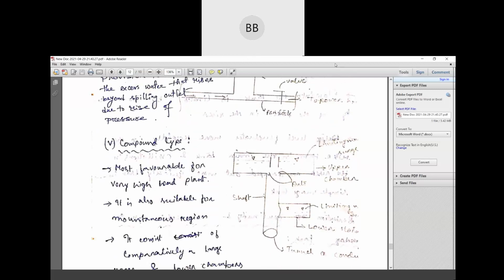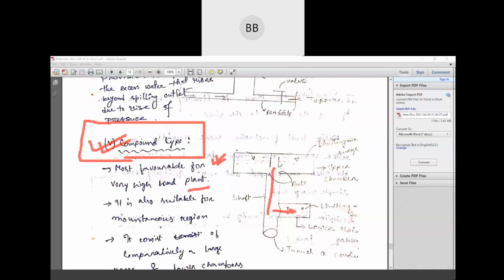And it takes a little bit high cost to construct such type of surge tank. Okay, it's a compound one, and basically we use this for the high head gravity dam in northeast India. Where if the pressure is very less, it goes to the lower chamber. If pressure is very high, it goes to the higher chamber. And then again when the pressure is released, it comes back to a level. The function is the same.